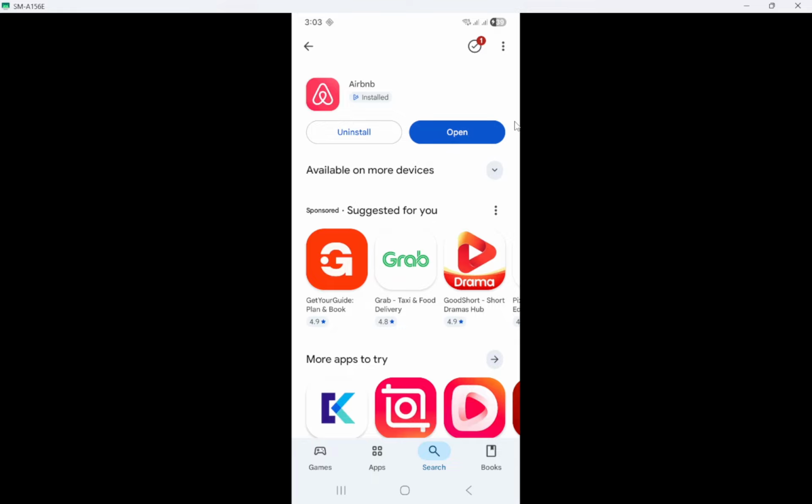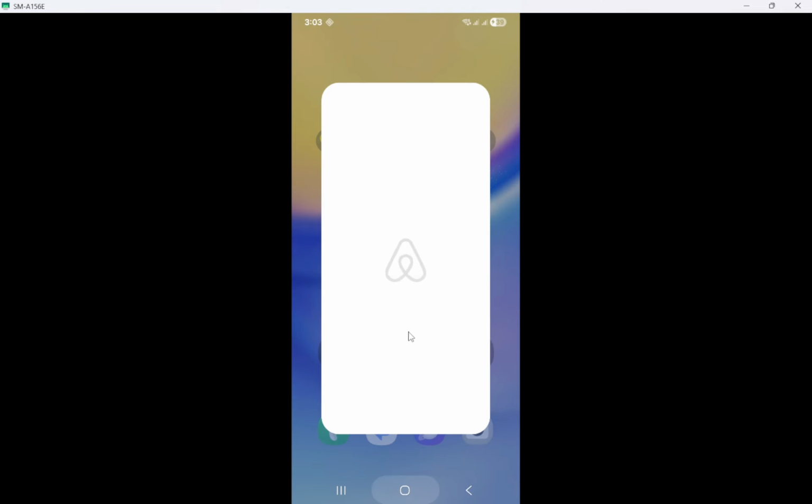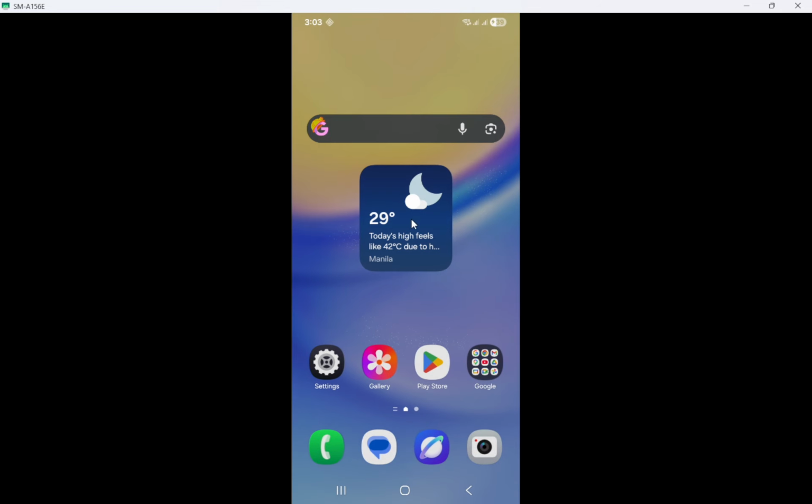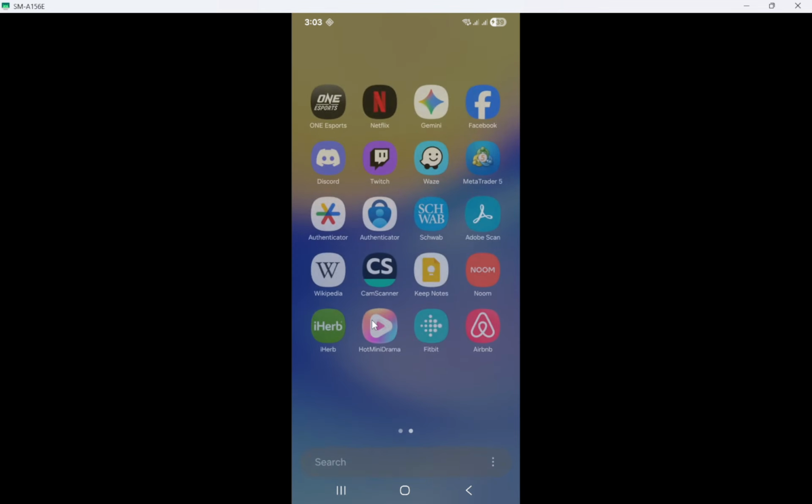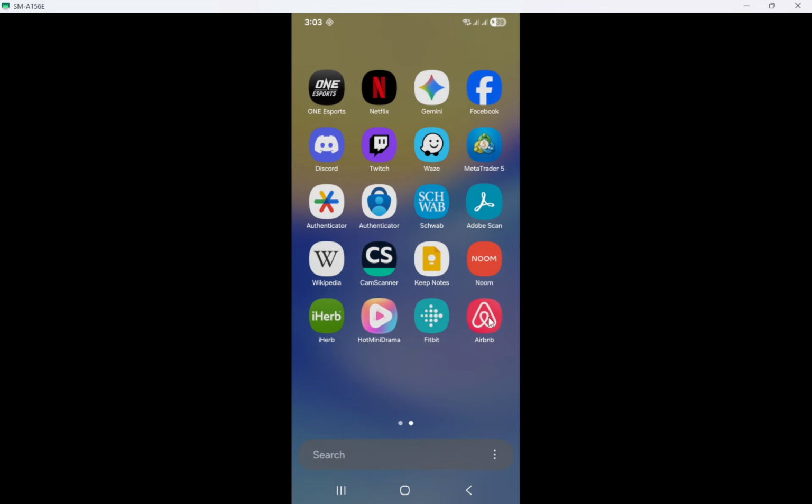Now, a quick overview of what you can do with the app. Airbnb helps you book homes, apartments, and vacation rentals, from cozy studios to spacious houses. You can browse stays in more than 200 countries, filter by dates, price, and amenities, and save your favorites for later. The app also makes it easy to message hosts directly, ask questions about a property, and manage your bookings